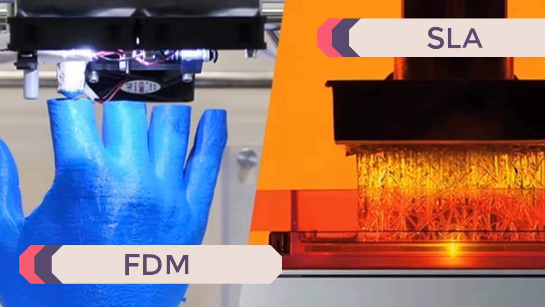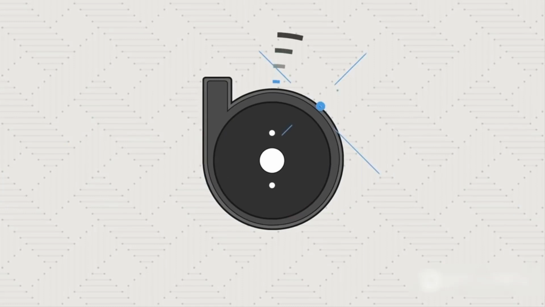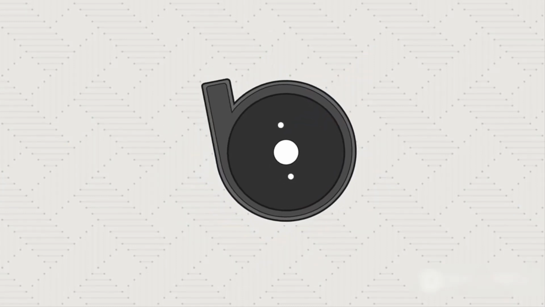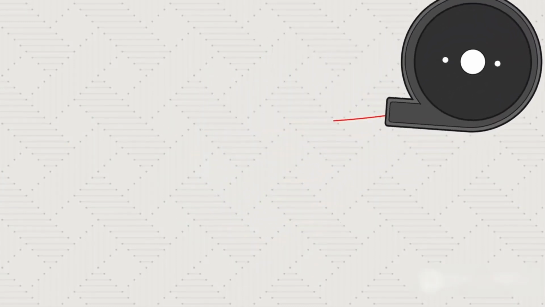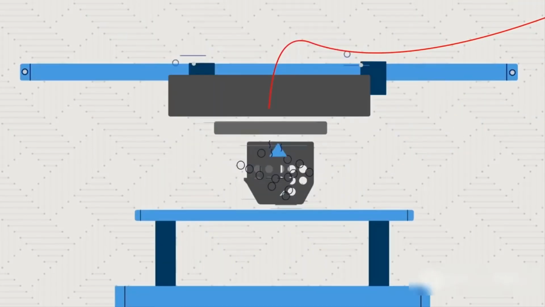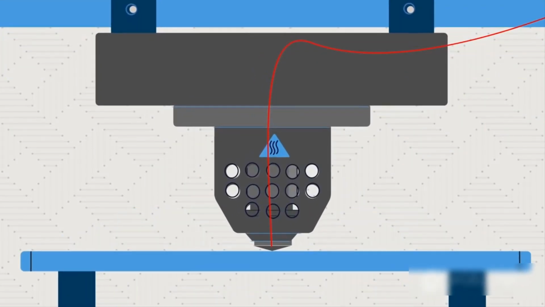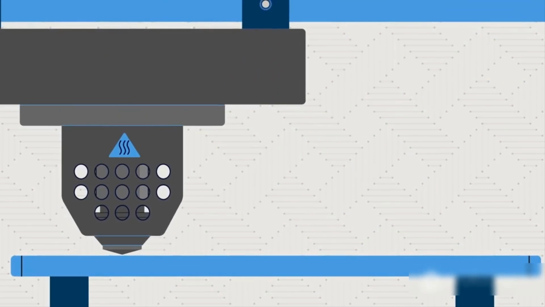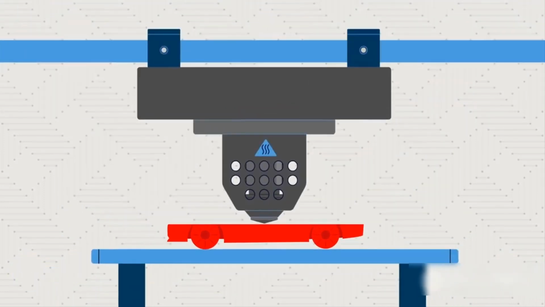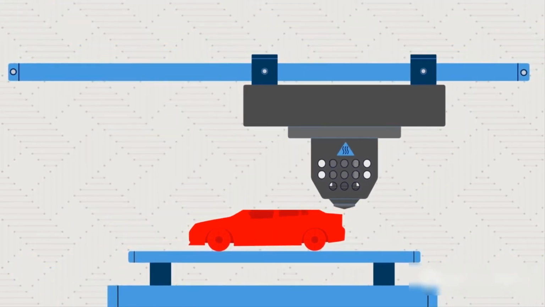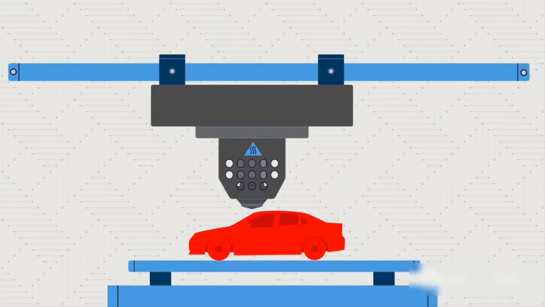There are two most popular techniques on which the majority of 3D printers function. The first one is FDM, also known as Fused Deposition Modeling. During FDM printing, the plastic filament is fed through a hot extruder where the plastic gets soft enough that it can be precisely placed by the print head. The melted filament is then deposited layer by layer on the print area to build the workpiece.